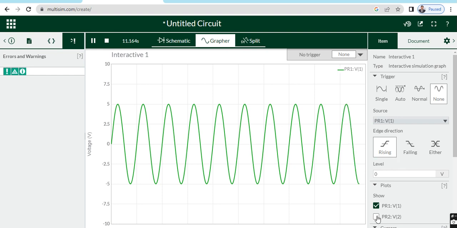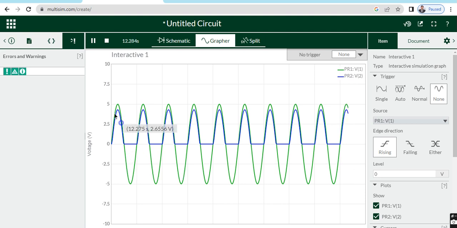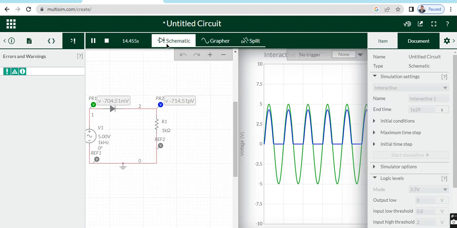This is the input graph, and this is your output graph. So here you can see the negative cycle of this sine wave is cutting, so this is a negative clipper. So all about this is a negative clipper, and you can make any type of circuit like this here